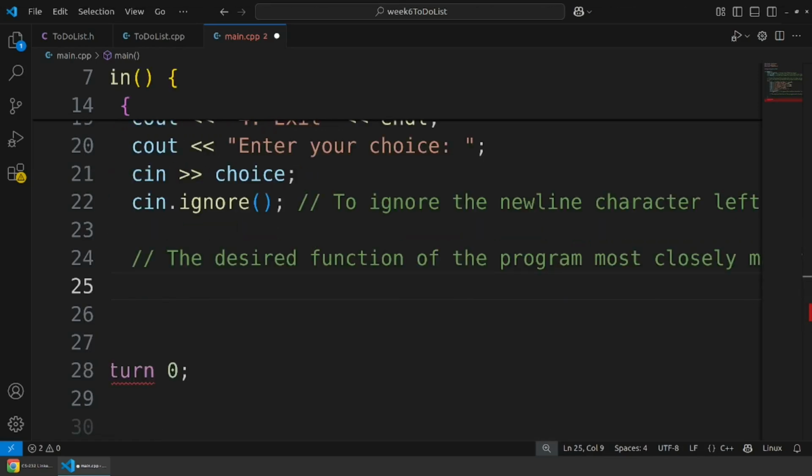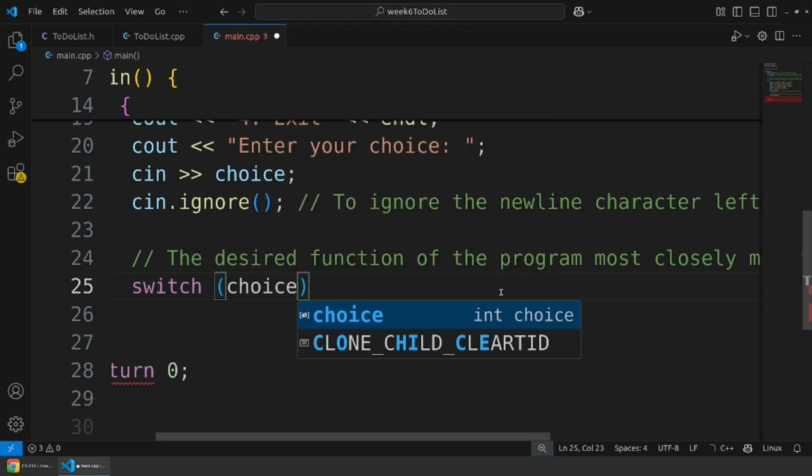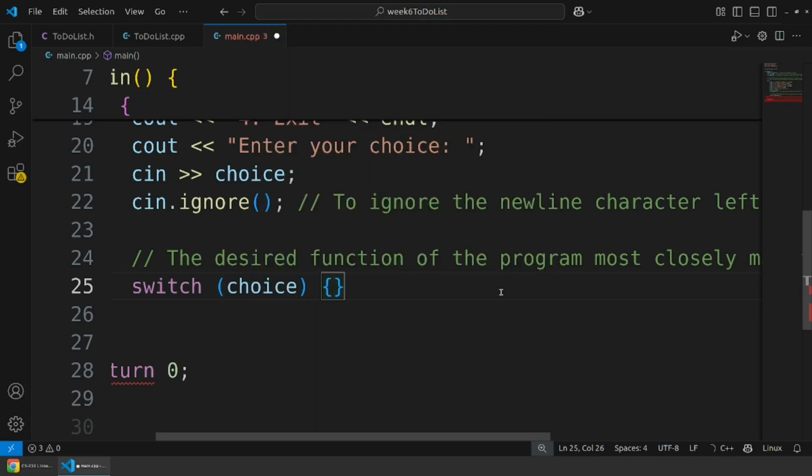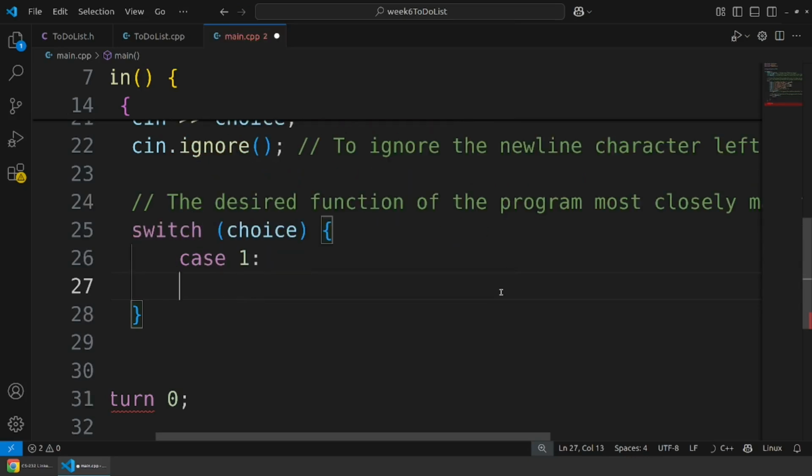Okay, so I'm not sure when the last time we used one of these was, so this should be good practice. We start a switch statement by saying switch, and then the variable choice is what the user inputted, and then a curly brace. So we're going to execute different blocks based on what the choice is. So case 1, so the first case, when it's a 1,